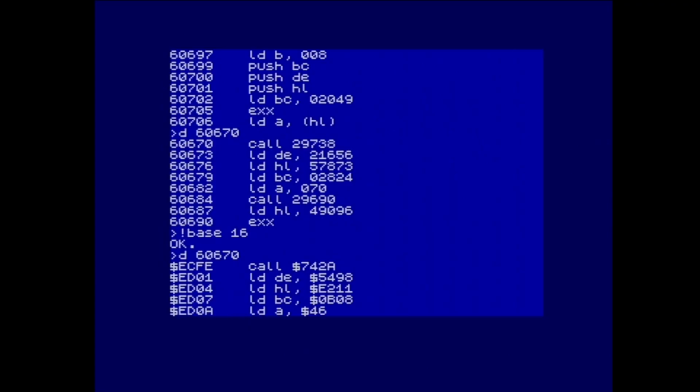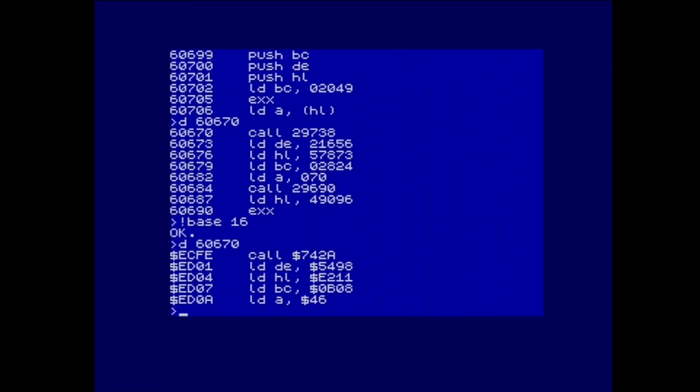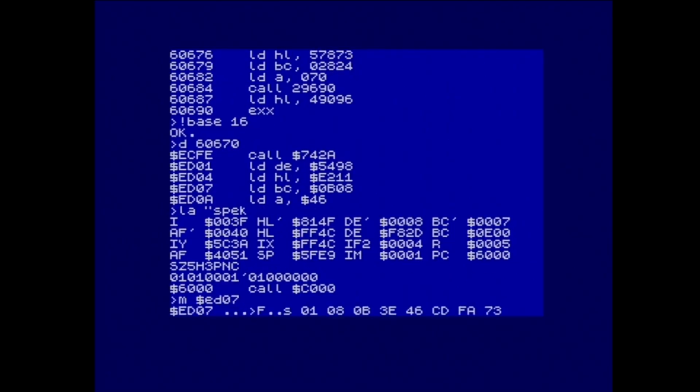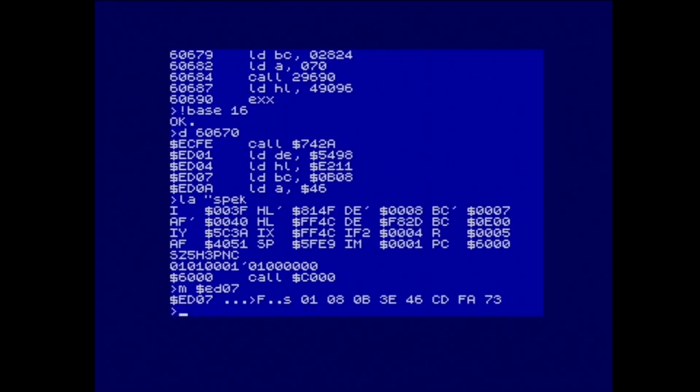So if we load our snapshot again, just so we go back. This is where it's a bit of trial and error now. So if we say poke ED07, so if we do ED08, poke ED08, and as we see that 08, if we try and maybe change that to